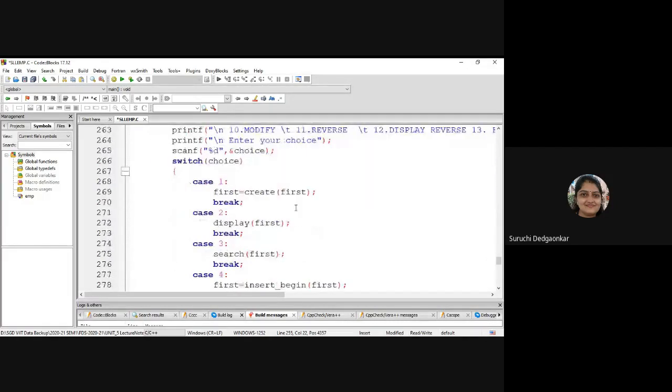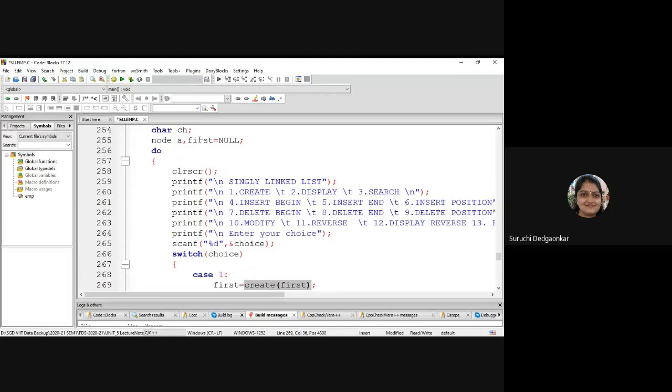And the first operation is create. Just call it create: first is equal to create(first). So here in create, we are using the logic for insertion at the end only. And that insert end logic is called multiple times. So first is equal to create(first). Here we are passing the initial value of this first, which is header, and it will create the list and the modified list's header will be returned by it, which is again taken into first.